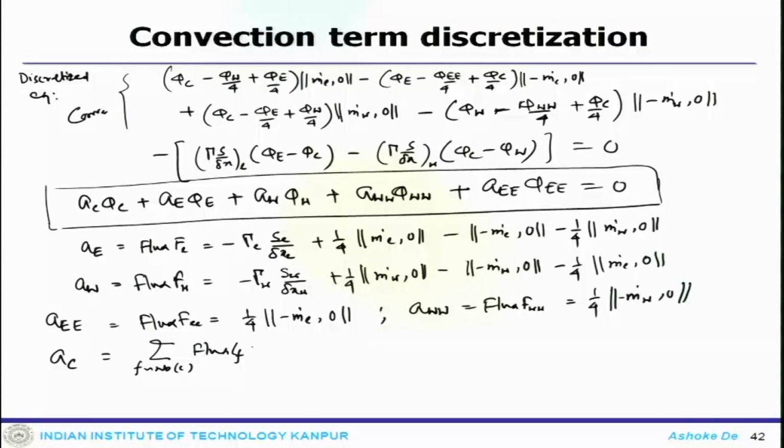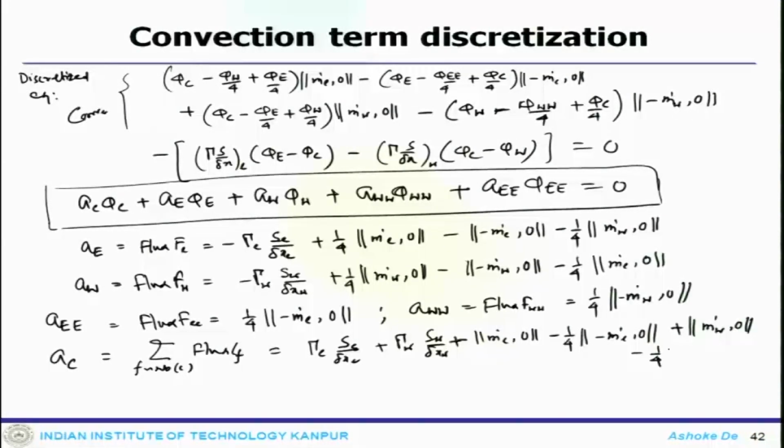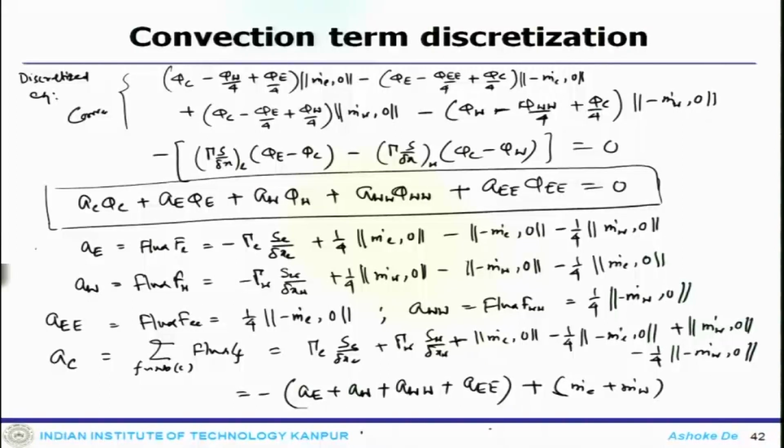flux C f, which will get you gamma E A c plus gamma W plus m dot E 0 minus 1 by 4 m dot E 0, m dot W 0 minus 1 by 4 m dot W 0, which will again remain as the summation of A e, A w, A w w, E e plus m dot E, m dot W. So, these are the only places, in the calculation of the coefficients, where you see the differences, and